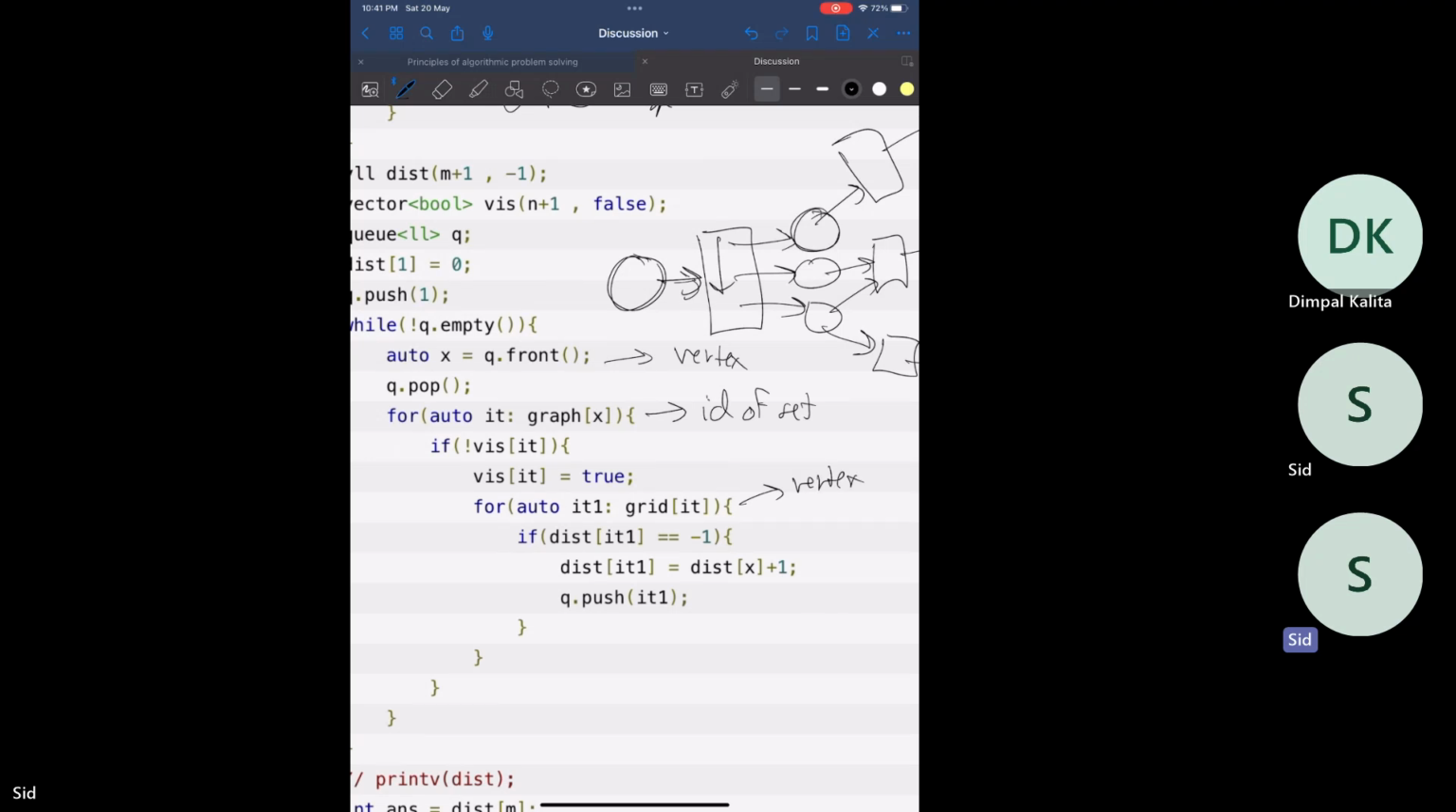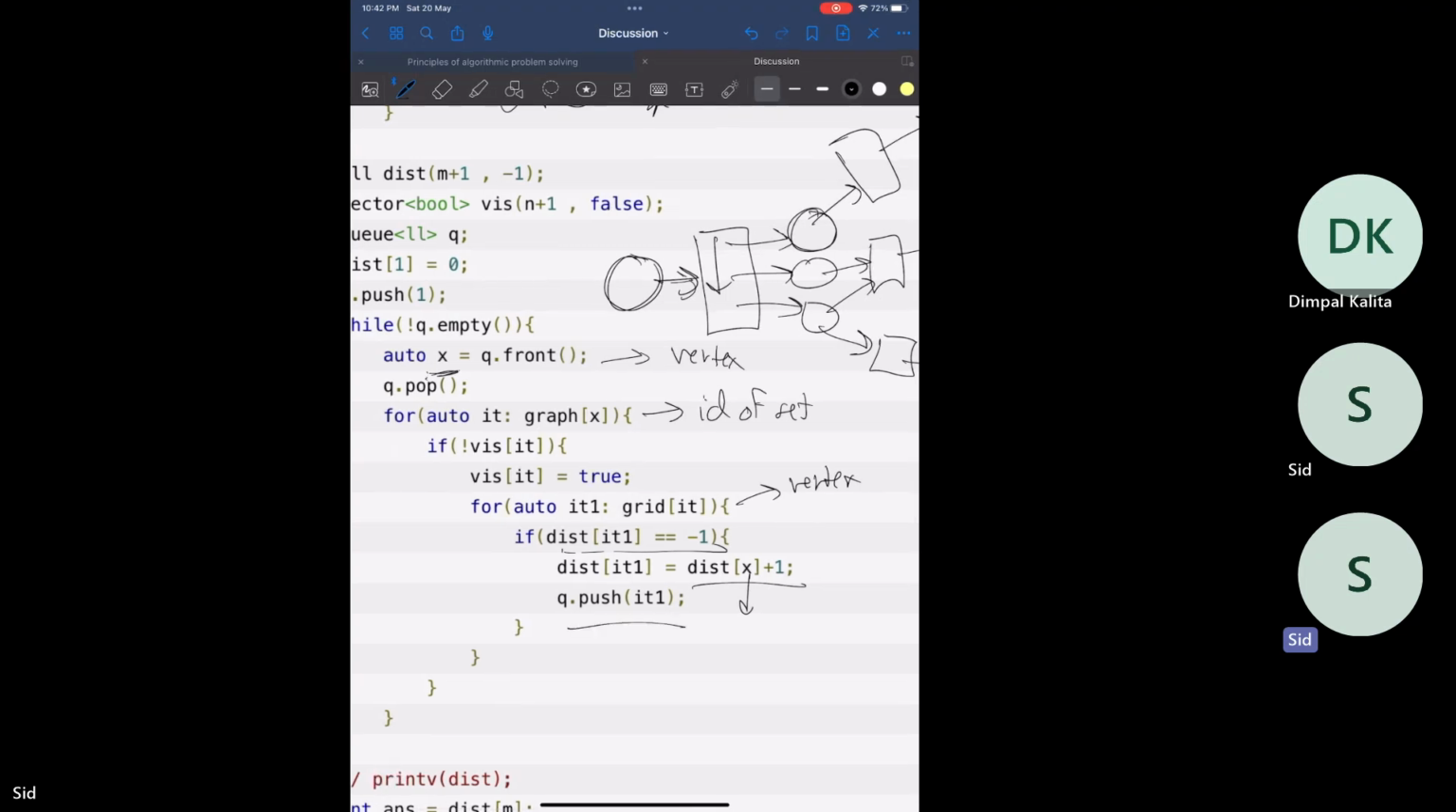So this is our transition. Instead of directly moving from vertex to vertex, there is a mid transition here that is just moving through the set. And then in the vertex, we will check if distance is -1, which means it is not visited. Because it is a tree sort of thing, we will directly set distance of it1 equal to distance of x, this first vertex, plus 1,